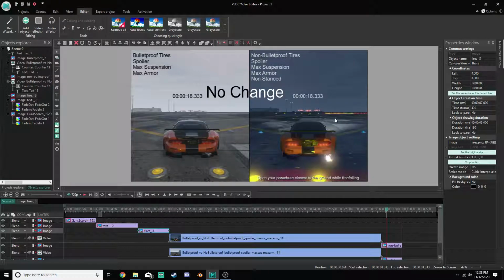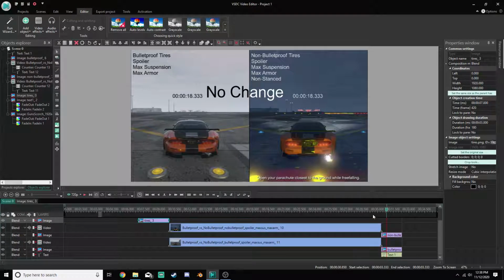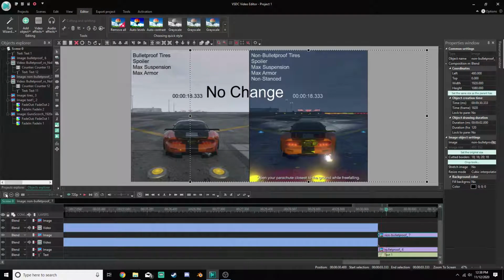And then the times are the exact same, so no change. And this has a text overlay over top of these. And these are picture screenshots of this last keyframe. But if we zoom in and go to,